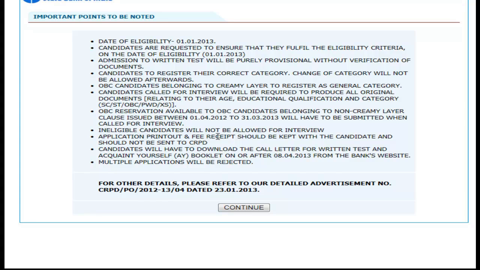The candidates will have to download the call letters for the written test sometime after 8th of April from the BAC's website, because without a call letter you will not be allowed to sit for the written exam. Again, please read and reread the advertisement given on the SBI page before applying. Now if you're confident and ready, click on this link and you'll be directed to the next page.